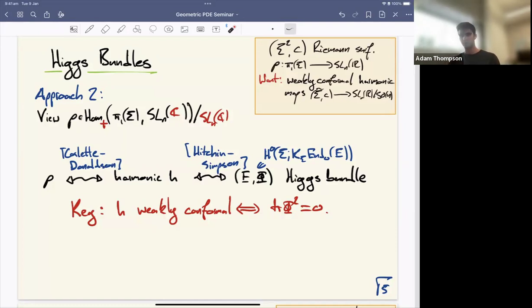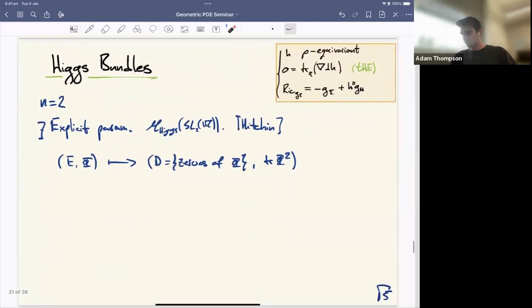These Higgs bundles have been very well studied over the past 40 years, maybe. So there are many instances where this Dolbeault, this Higgs bundle moduli space is very well described, and we can leverage this to our advantage. To give an example of that,